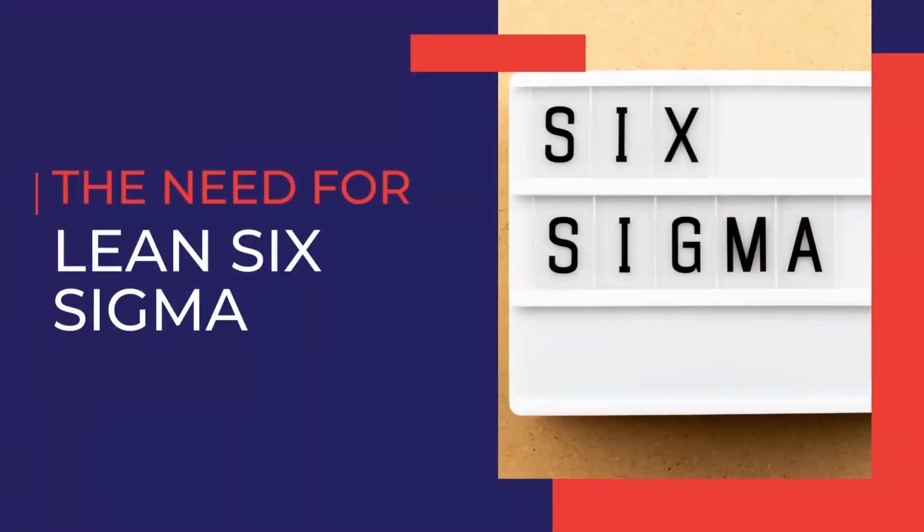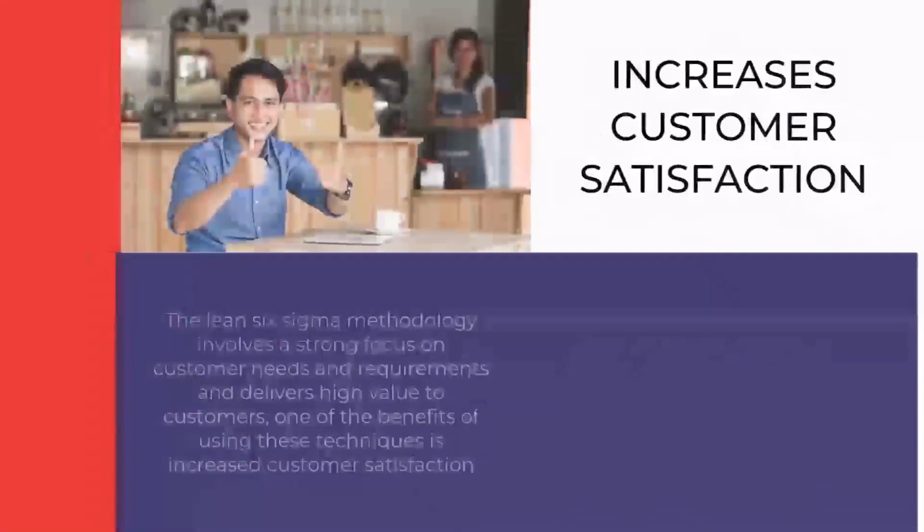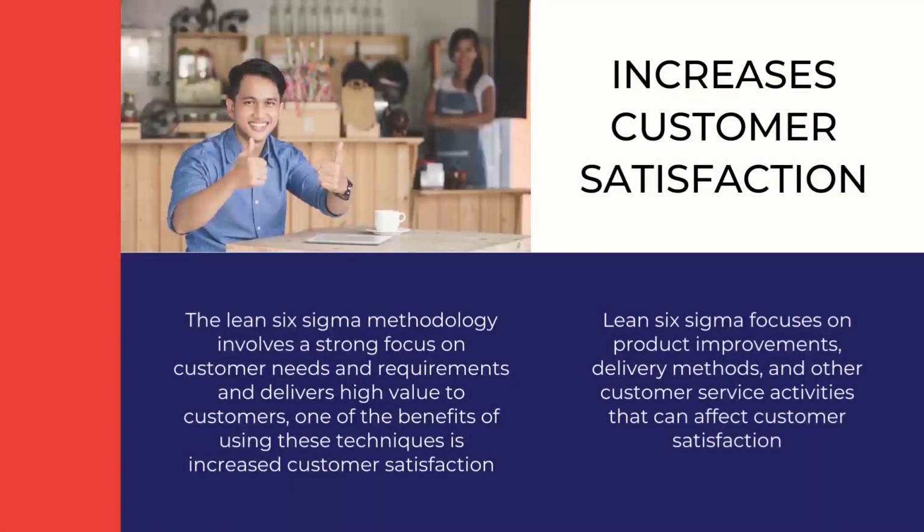Lean Six Sigma speeds up the potential for organizations to achieve their missions and strategic goals. Incorporating the best continuous improvement technique available builds the appropriate culture, the best mindsets, and the excellent infrastructure for you to serve your customers better and earn their loyalty. In addition, it's an excellent path to satisfying customers profitably. Following are some of the needs for Lean Six Sigma. First is increase customer satisfaction.